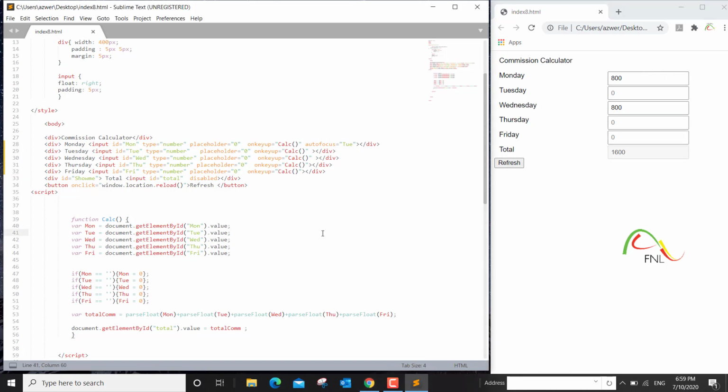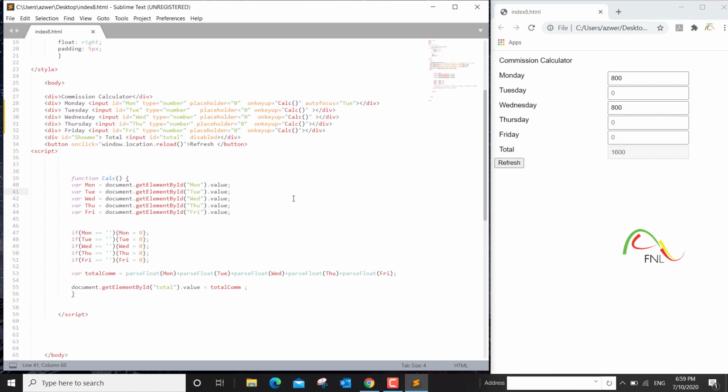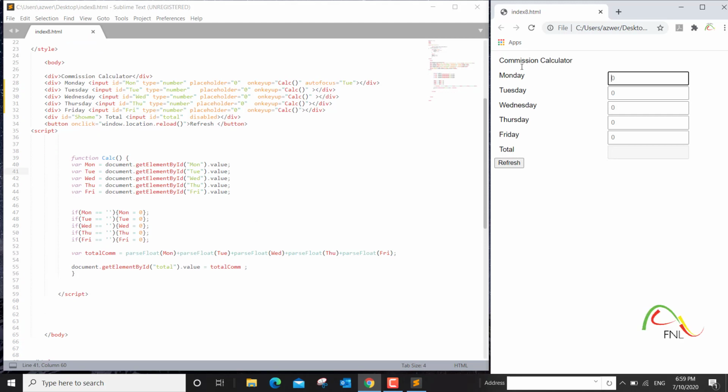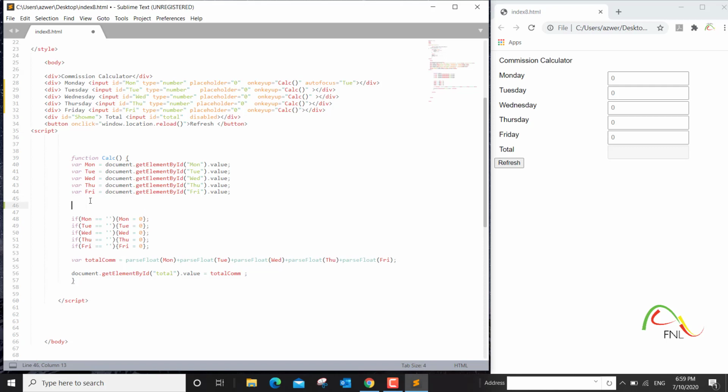Now let's go to the JavaScript. In this lesson, we want to learn how to limit the value of commission a person can earn in a particular day. Say for example, a person cannot earn more than $500 a day on any given day. So we can achieve this with the help of if condition, and we used if condition in our last video. We'll probably go a bit further.